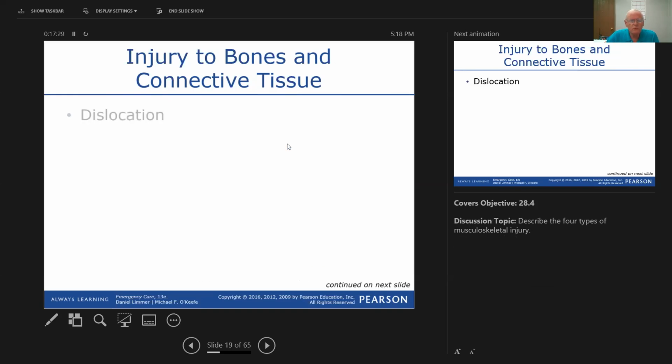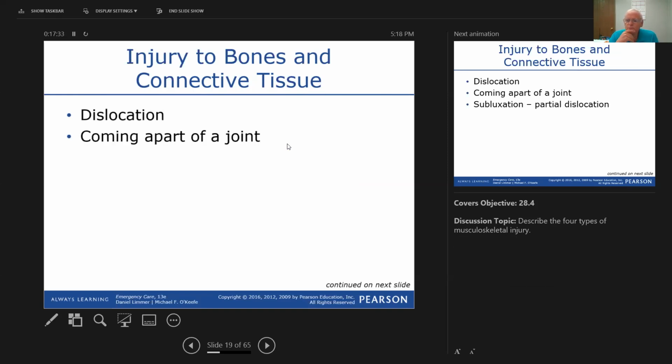All right, so other things can happen when you have a dislocation, which is a coming apart of a joint. There's also something called a subluxation, which is a partial dislocation. The joint doesn't come all the way out. Shoulder dislocations are very common. Hip dislocations are not common, but they do occur. Subluxations,